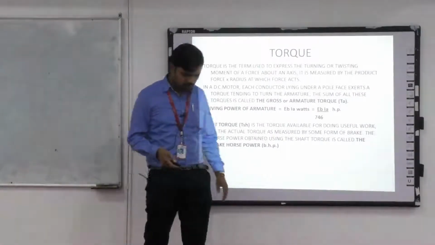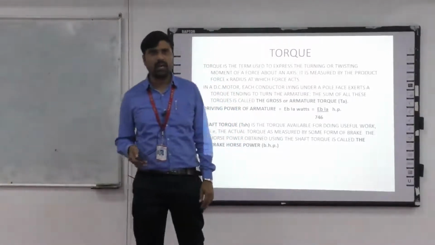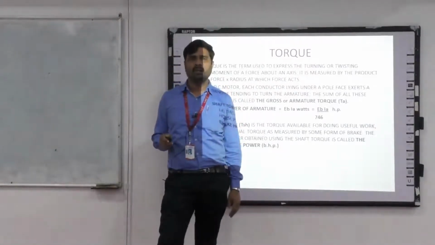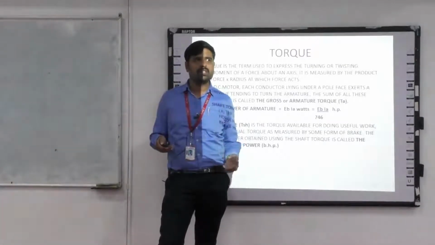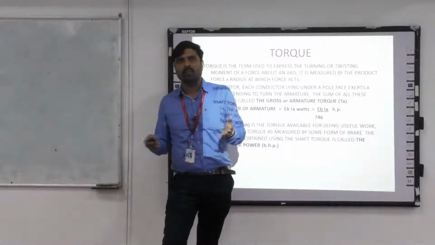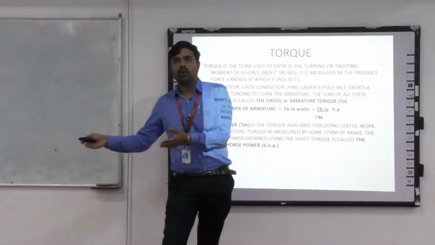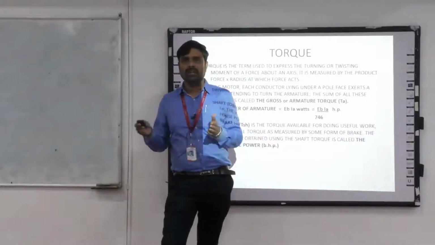Right? The next one is torque. Torque is very important, because when we discuss a motor, torque and speed are very important. For example, there are buses and trains. We have to carry the entire load, whether many bogies are connected or many people are sitting there. We have to move the entire load. That is nothing but torque.